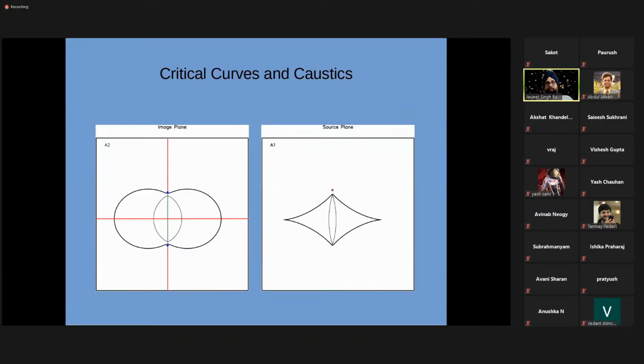So this is an example for an elliptical lens. On the left side, you see the image plane and you see the critical curves. Because I'm dealing with a two-dimensional system, the image plane and the source plane are two-dimensional. But I have to take derivative of the potential along two different directions. So the second derivative of the potential will be a second-rank tensor or a second-rank matrix, and it will have two independent eigenvalues. So when I say critical curves correspond to contours of eigenvalues, I will have actually two sets of curves.